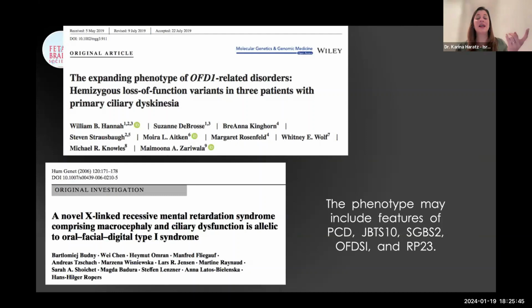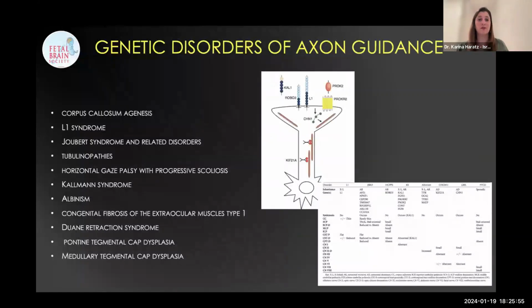So the answer for the diagnosis is in the brainstem and not in the supratentorium in this case, and it's not lissencephaly, it's overgrowth brain. Another problem is the axons. Sometimes the malformations of cortical development are prevalent, and sometimes we have a problem with the white matter and the connectivity. And here we have corpus callosum agenesis, L1 syndrome, here our guy Joubert,